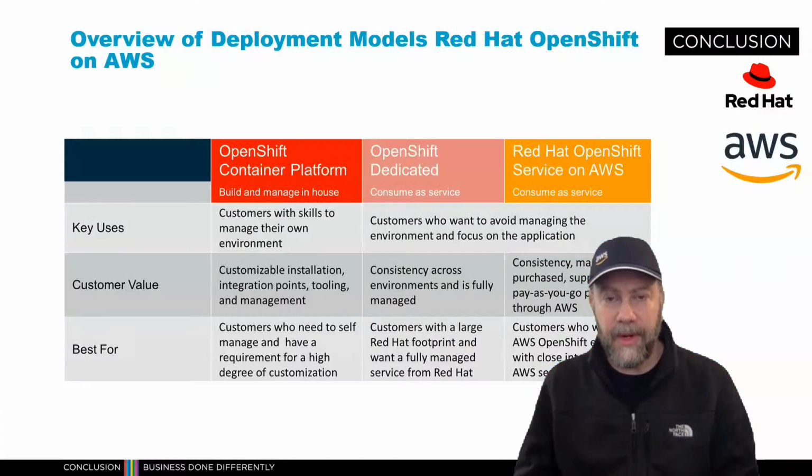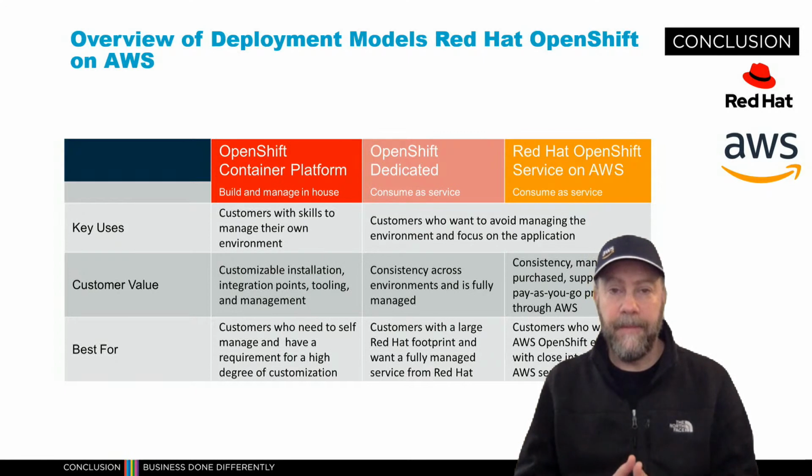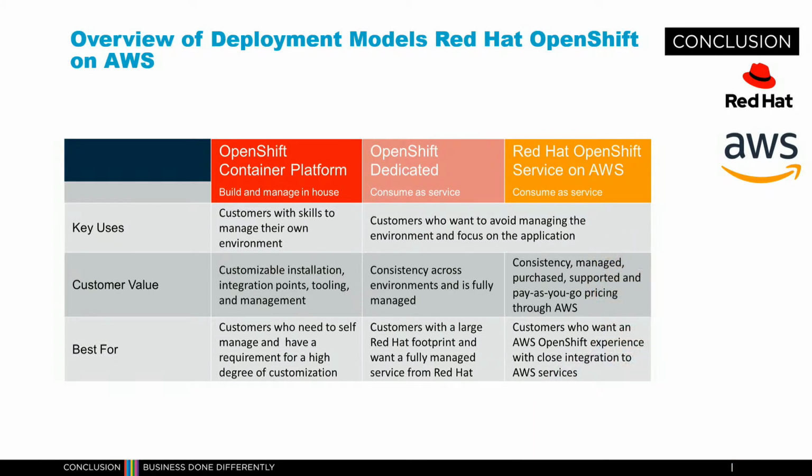They have had the option of running OpenShift on AWS. Red Hat offers a supported version of OpenShift. It's called OpenShift Container Platform, or OCP for short. And this is where customers can install OpenShift on their own. They have EC2 instances, the virtual machines onto which they deploy this. There's an installer script and there's automation around it, but the customer is responsible for the installation of the platform and for the care and feeding of the platform moving forward, meaning making sure it's up and running. If there's any downtime in any of the nodes, they have to recover it or at least help monitor that. And they're also responsible for the upgrades.